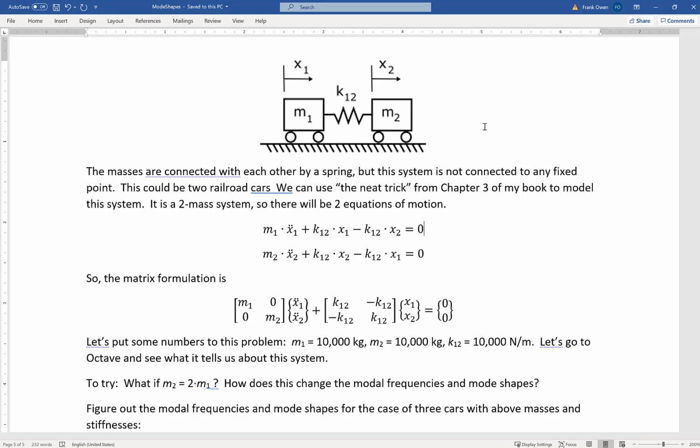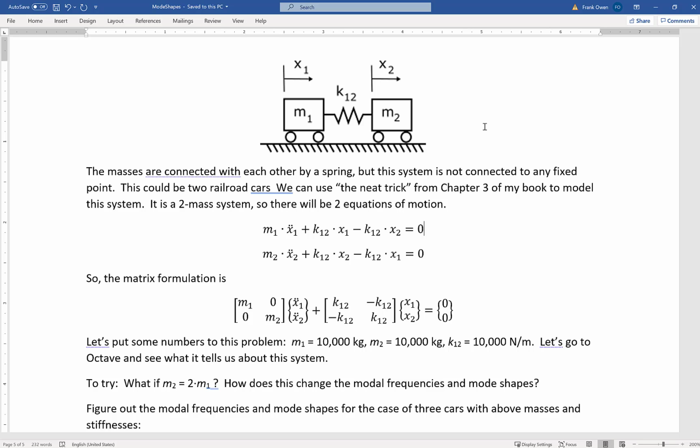The first system that I want to look at is a simple system, 2 carts with a spring connection in between them. Now, this looks very artificial, obviously, but this could represent, for instance, 2 railroad cars that are hooked together with some type of flexible connection. So even though we're not looking at continuous systems, there are many real lump mass systems in the real world, or even continuous systems that approximate lump mass systems. And so this is not just an academic exercise, this is an important exercise for